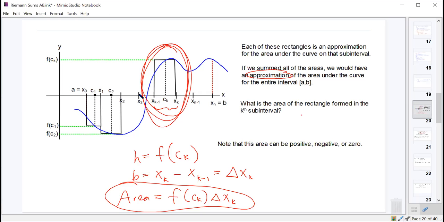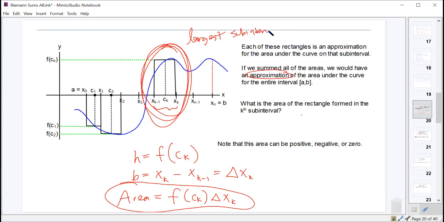And if we shrink all of them down at the same rate, so like I divide them all in half, and then divide them all in half again, and then again, as this one gets to be very, very close to a length of 0 from x sub k minus 1 to x sub k, what's happening to all the other ones also? They'll have already reached 0. Yeah, they're also getting smaller and smaller and getting closer and closer to 0. And so this largest subinterval